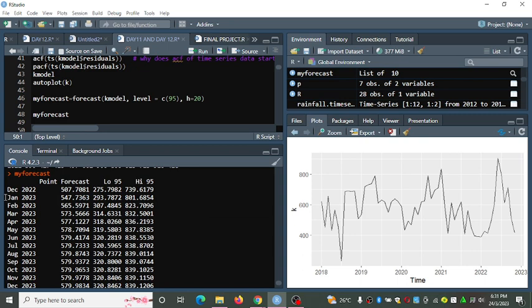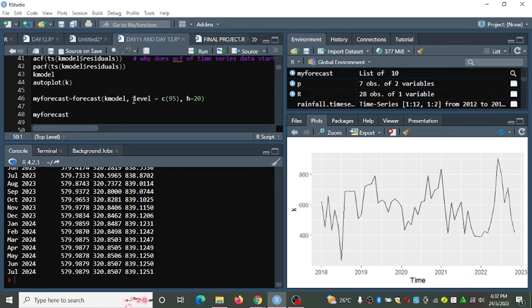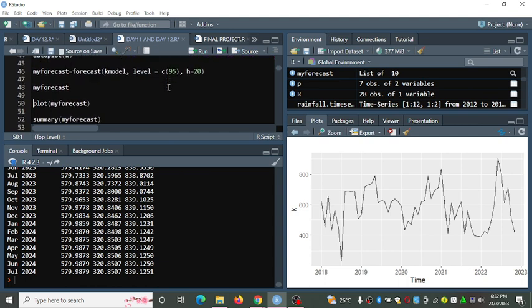Check my forecast from December 2022. I expect to have this point. This is the logarithm of 95, and these are the other points, the HI of 95. My interest was on the forecast endpoint, and from this point you can either round off from 707. Here we have 708, so you can have your forecast endpoint, and you can plot them. Let's see how you can plot.